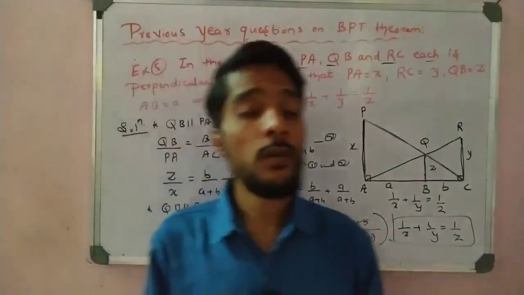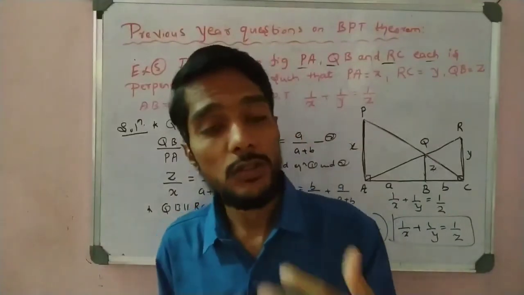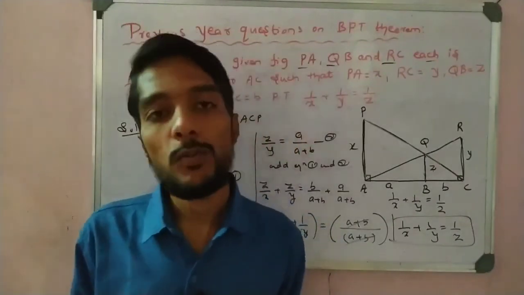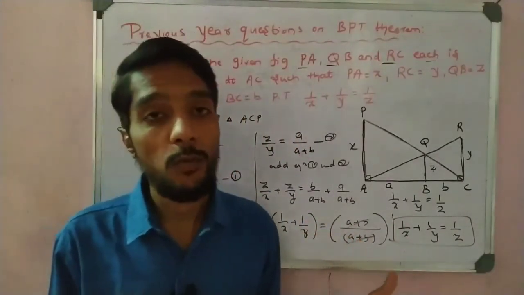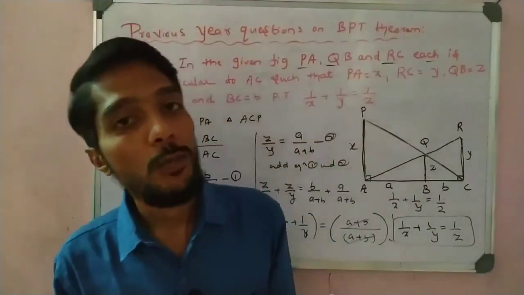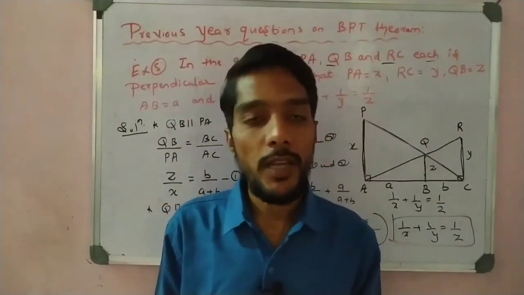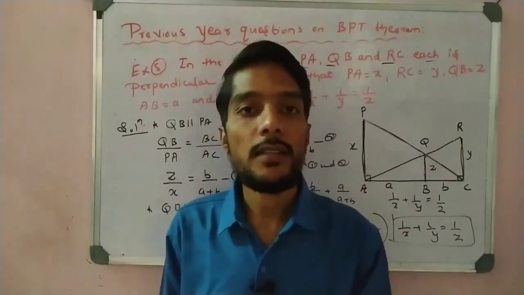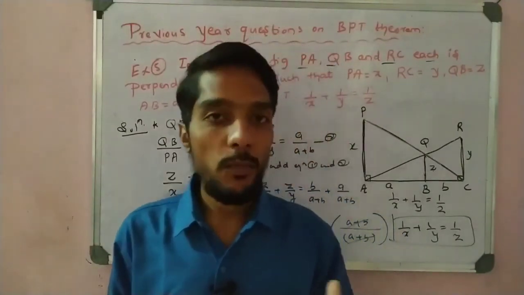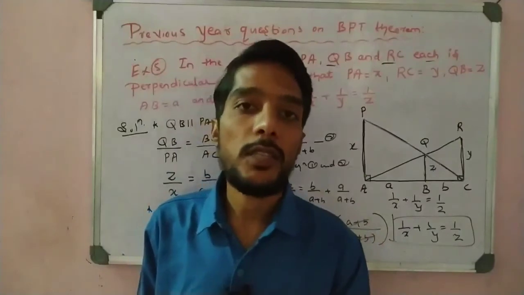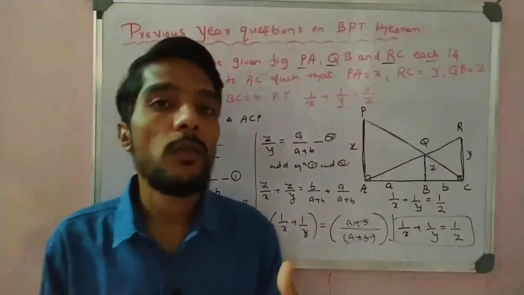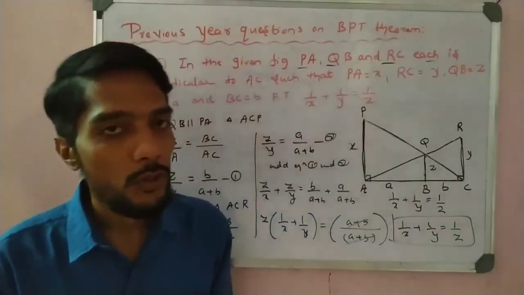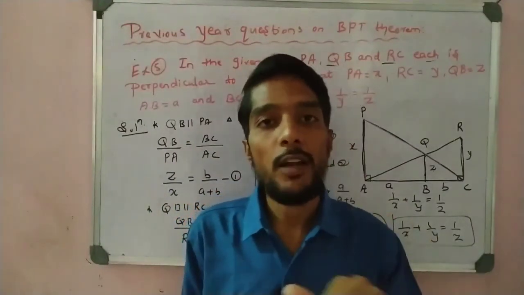So in the next video we are going to talk about the next concept of triangles. But here we have perfectly, with many problem solving solutions on BPT, completed the BPT concept, the basic proportionality concept. We start with similar triangles, and then in similar triangles we take the first theorem, that is the BPT theorem, their statement, which is also called Thales law. So statement, their proof, and then some results, and by using those results we solve so many examples. I think minimum 15 plus examples we solve in this concept. All are very important, all from NCERT and the previous examinations.